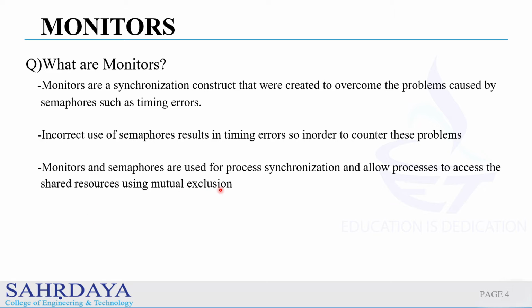So basically what this slide says is when a semaphore is used, the process is also designed accordingly. And when this happens, many errors occur when we use semaphores. The most common errors which can be seen are timing errors, mutual exclusion requirements being violated, and a process error called deadlock. And when these errors occur, we use monitors for process synchronization so that the program can work better to counter these errors.